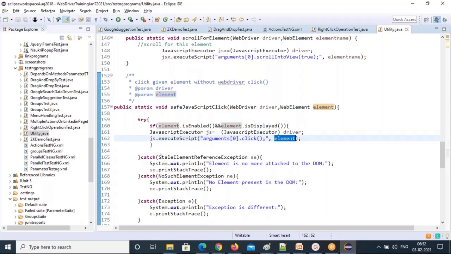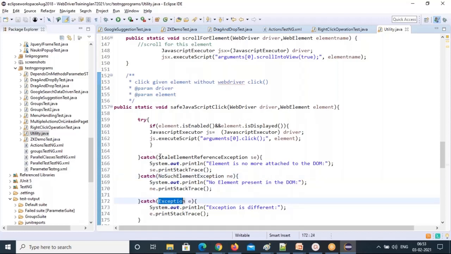There are chances that the element might throw a StaleElementReferenceException. The element is no longer attached to the page, it's not there, and then you will get a stale element reference exception. That is one possible exception you might get with web elements. Another exception is NoSuchElementException: if the element you are passing cannot be recognized with the given locator, you will get a no such element exception. And if you get any exception other than these two on this web element, the parent exception will take care.